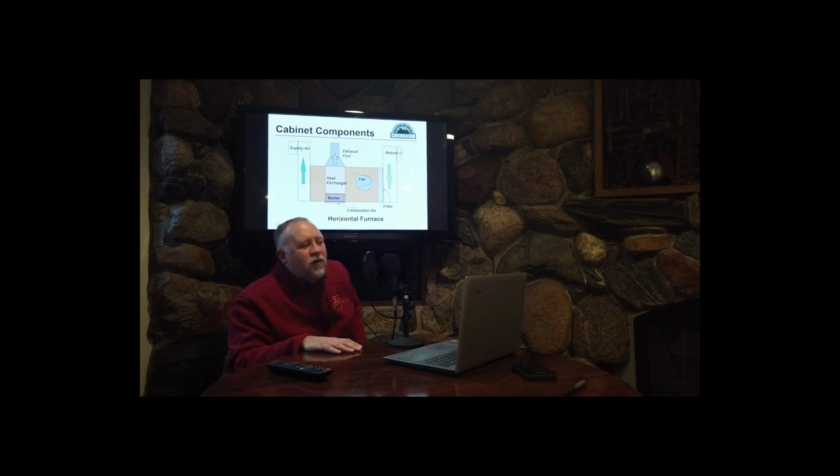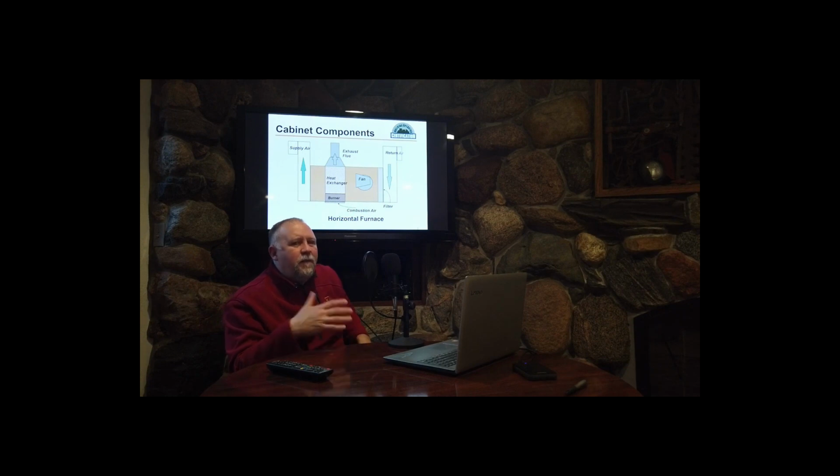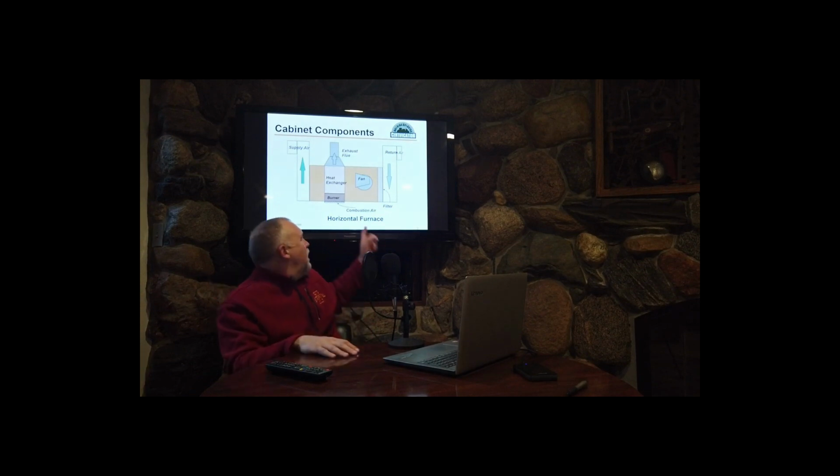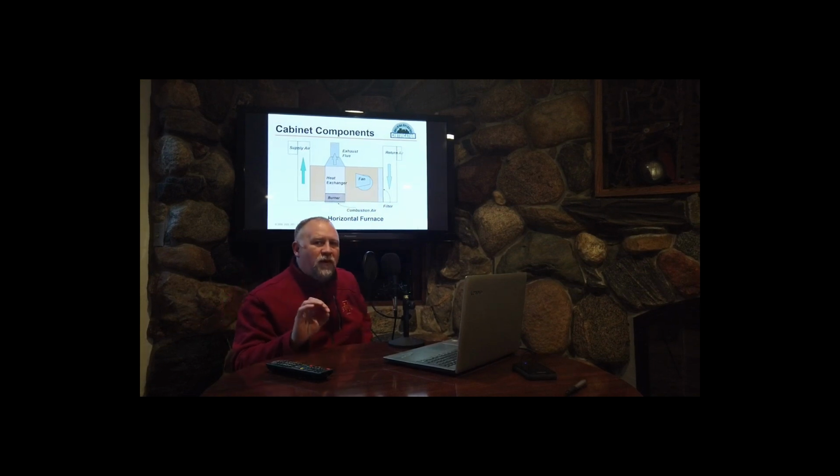I'll have a separate burner section that pulls in combustion air, maybe from the mechanical room, maybe from outside. Usually the high efficiency ones take air from the outside. I'll put it through a burner, set it on fire, and put it through a heat exchanger. Important thing about the heat exchanger is these two air streams do not touch. They are separated by the metal wall of the heat exchanger. I want the combustion products that are hot to exchange energy with the return air, but I do not want those two airstreams to mix.